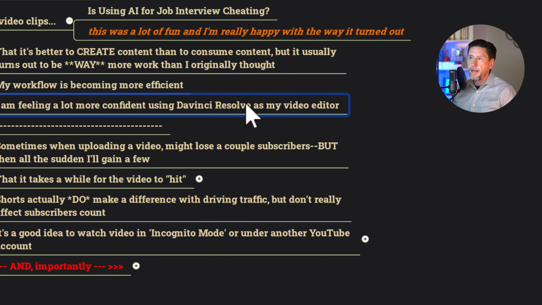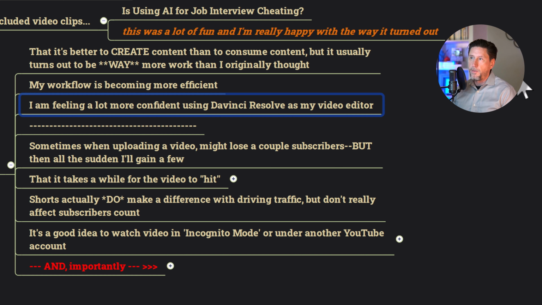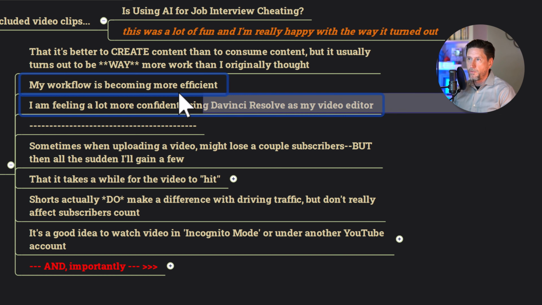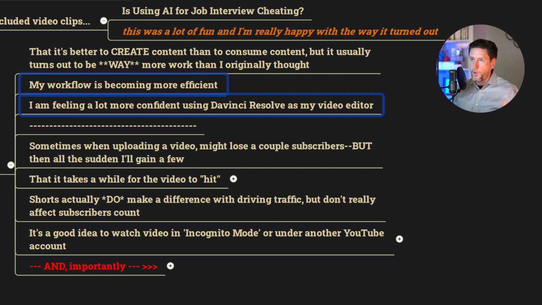As part of that, I did switch over from Adobe Premiere and Vegas. I always want to say Sony Vegas, but Magix is the company that owns it now. I switched over to DaVinci, and I love DaVinci now. I feel way more confident. I'm learning all the keyboard shortcuts. I'm finding that I'm in a state of flow now where I'm editing, instead of scratching my head and thinking, how the heck do I do this?